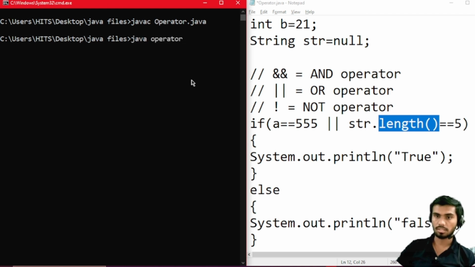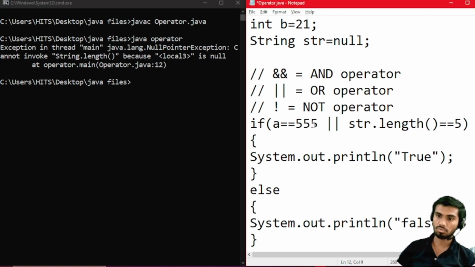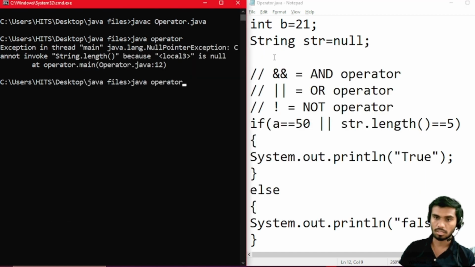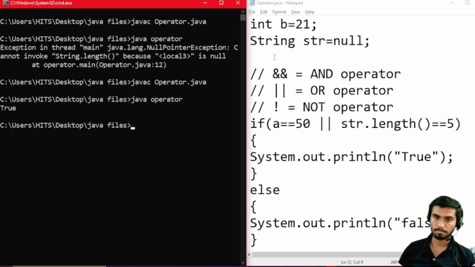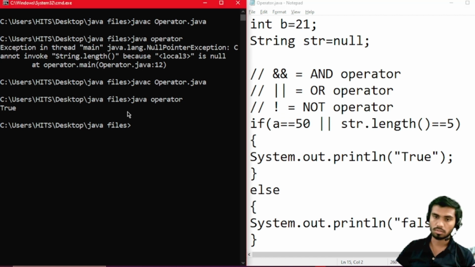So at the runtime we get the exception because it checks the another value, and if we try to make it correct, it doesn't check the another value. Okay, so here we didn't get any type of exception because it checks the value here and goes to the true block. All right,